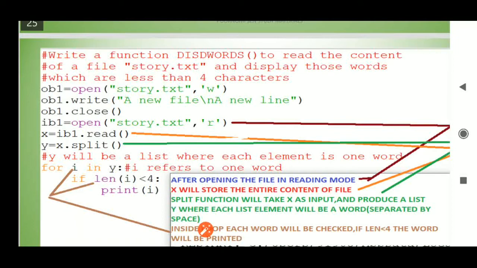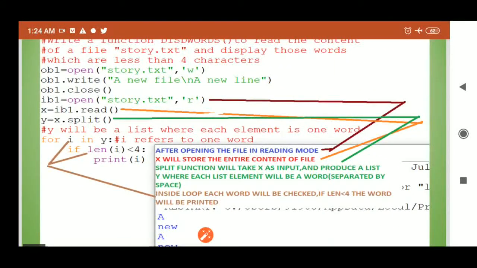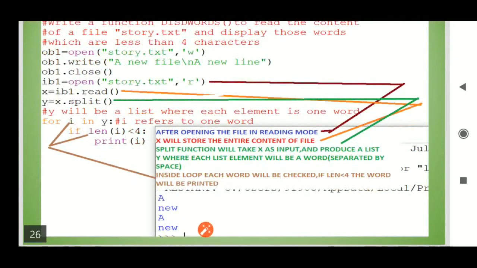After that, again we are opening it. Follow this maroon line. What we are doing: ib1 equals open story.txt in r mode. What is written here? After writing to the file, we are opening it again in reading mode.